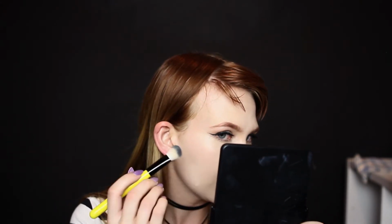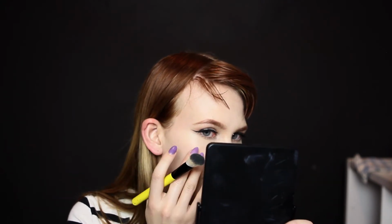I'm gonna take a couple more drops. Ugh, I hate using this much product. I actually feel like it's sitting on my skin better on this side than it is on this side. So maybe I didn't get all my makeup off on this side or something. I don't know. Because it actually looks really nice on this side. However, it's not really covering, like, I can still see a lot of my redness kind of peeking through. I feel like it looks fine on camera, but in real life, like,